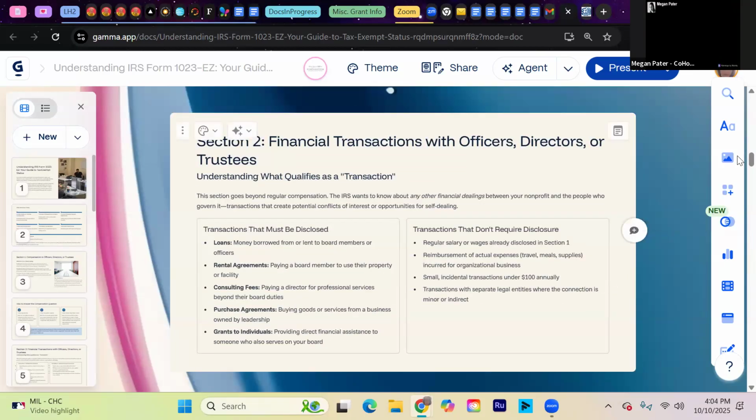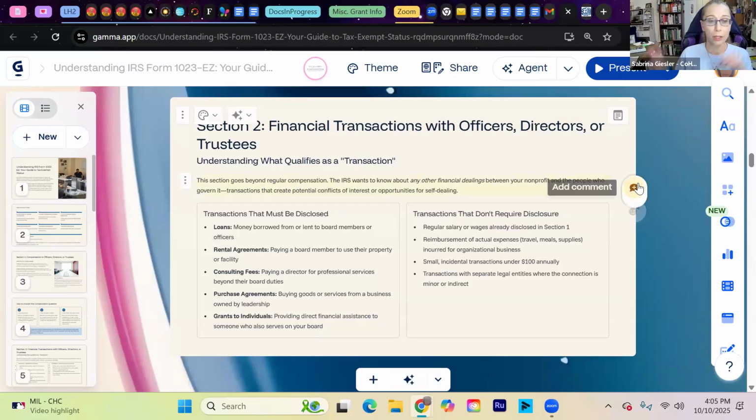Okay. And so what qualifies as a transaction, right? This section goes beyond regular compensation. The IRS wants to know about any other financial dealings between your nonprofit and the people who govern it, transactions that create potential conflicts of interest or opportunities for self-dealing. Okay, so if you loan some money out from the nonprofit to someone, if there's a rental agreement between the nonprofit and somebody to use a property or facility, consulting fees, purchase agreements, buying goods or services from a business owned by leadership, grants to individuals, providing direct financial assistance to someone who also serves on your board,